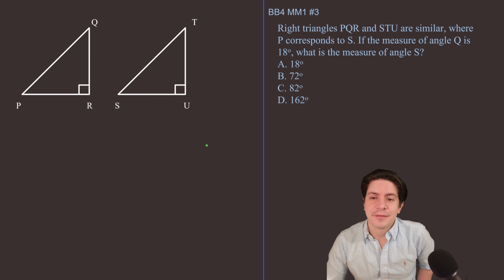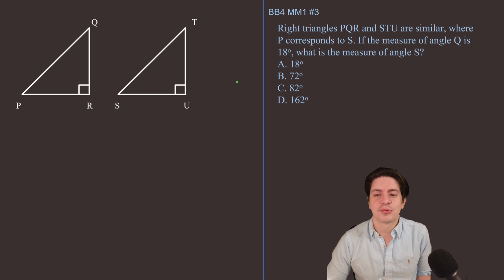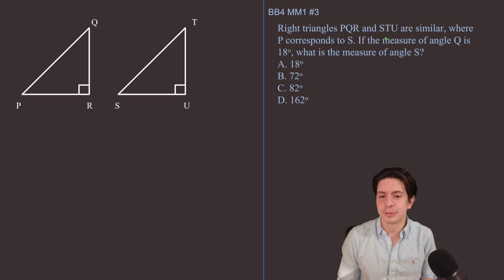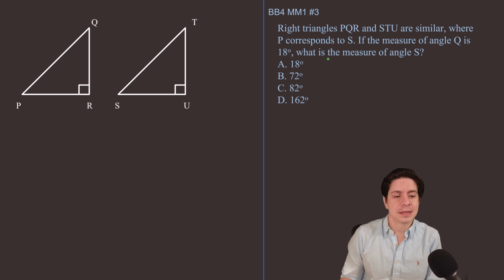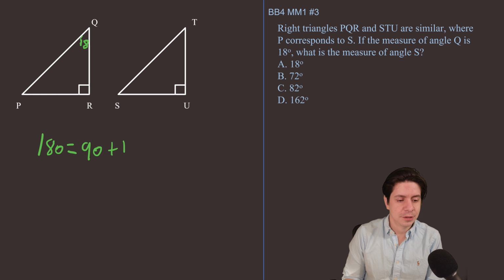All right, so we have here for number 3 a nice triangle question. Right triangles PQR and STU are similar, where P corresponds to S. If the measure of angle Q is 18 degrees, what is the measure of angle S? So if everything is corresponding, that means 18 goes with Q here. These are 90 degrees because this is 90 degrees and it all adds up to 180, so it'd be 180 equals, and I'm sure you could do this in your head, but I'm just showing you all here. 18 plus P. So it's going to be 180